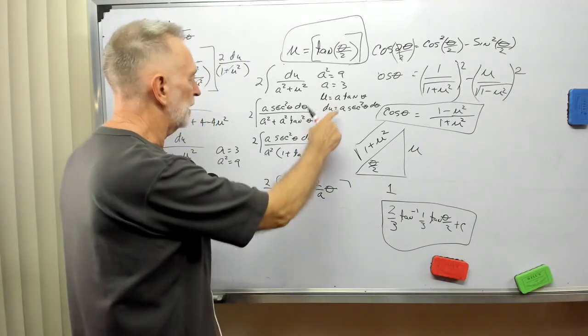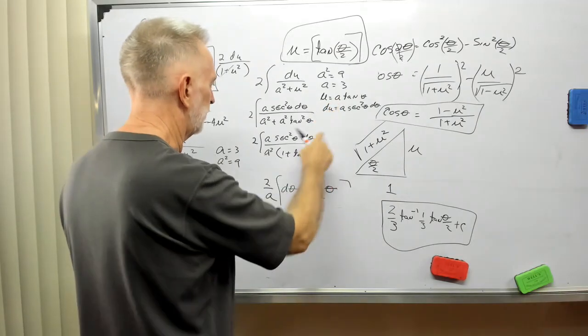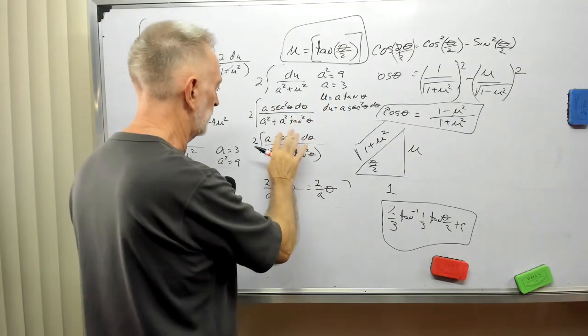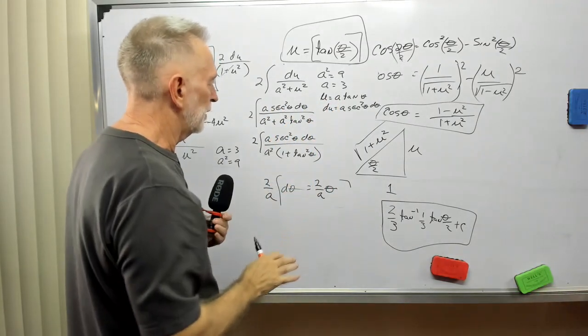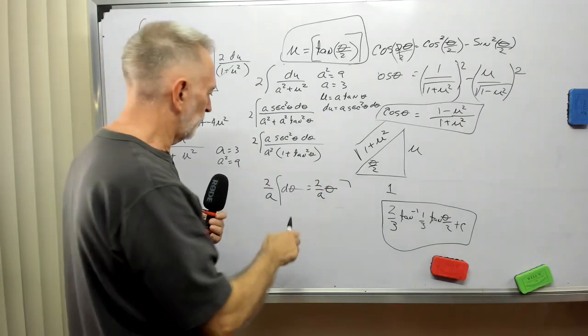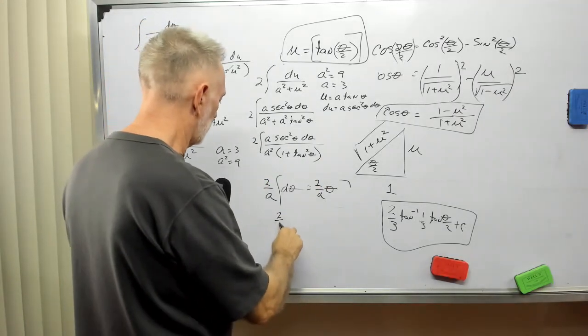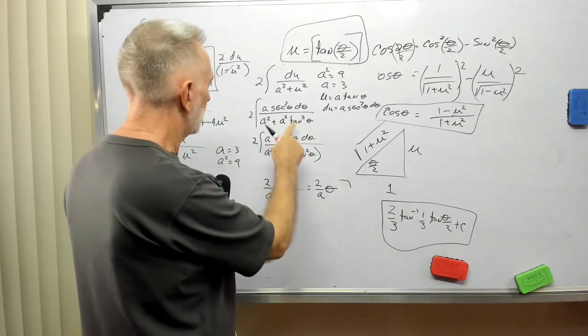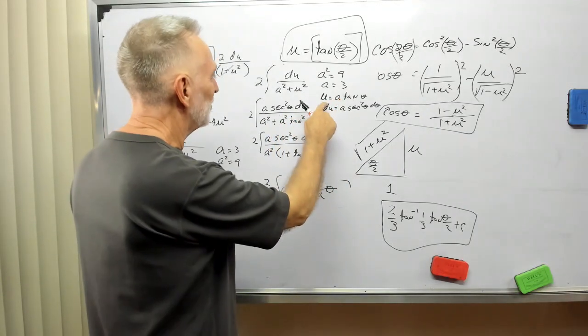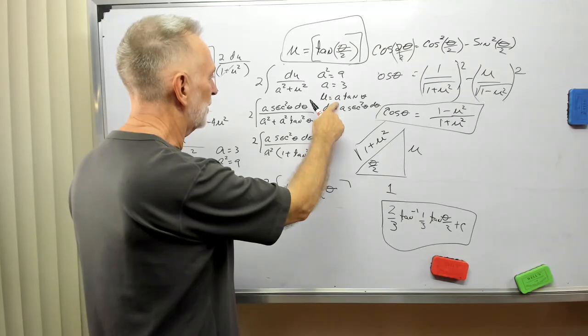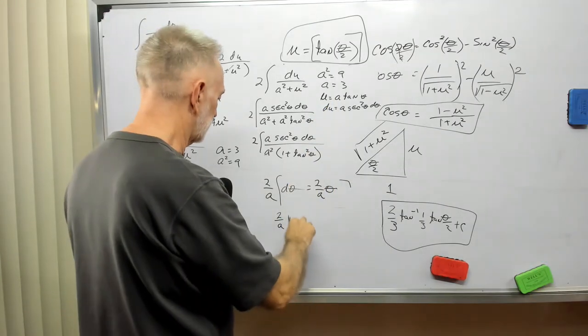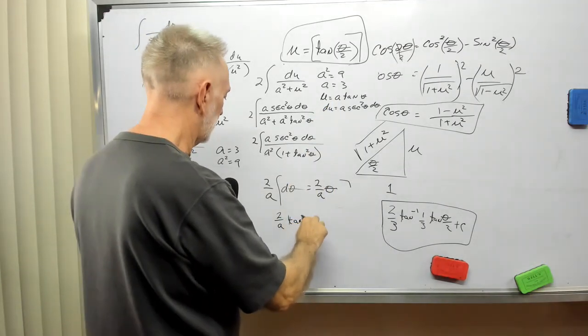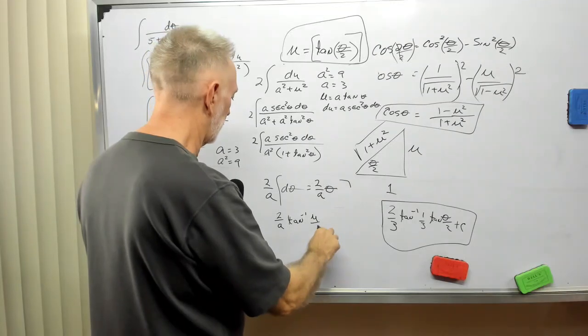Now what did we say theta was when we first started, when we went to the theta world, if you will? So we have 2 over a, and u over a is tangent theta, so tangent inverse of u over a